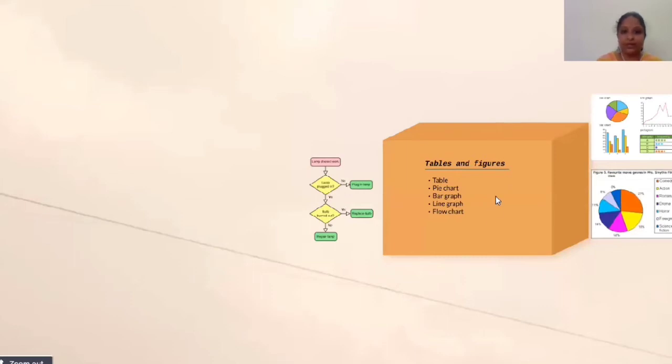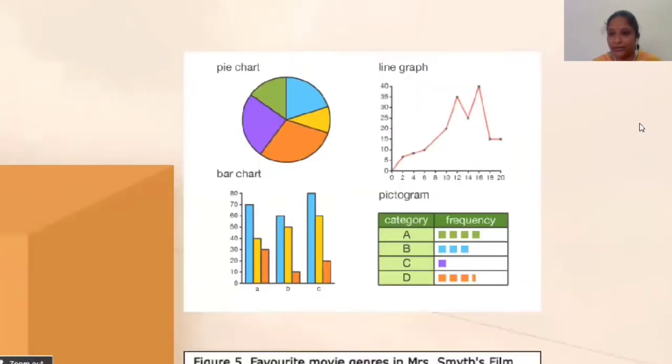So usually when we do research and if we do a field study and if you have different questionnaires or opinionaires administered to different people and you are finding out the opinions and collecting the data, then we require some tables and figures. See here, we can also support our research using some tables, pie charts, bar graphs, line graphs, flow chart, etc. So firstly, we have all the details over here.